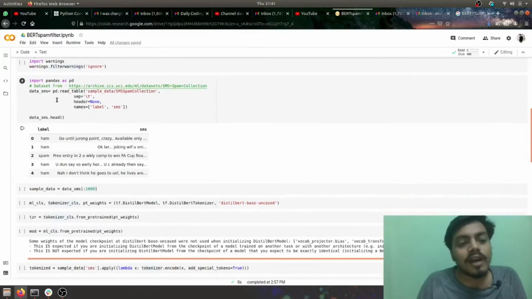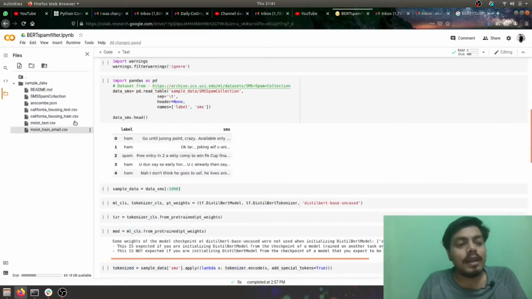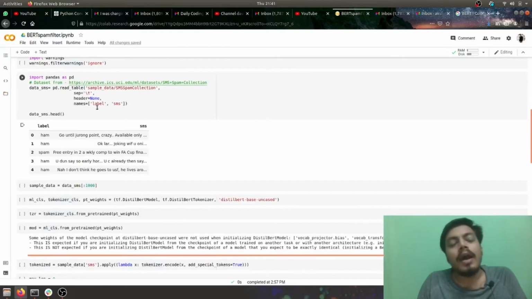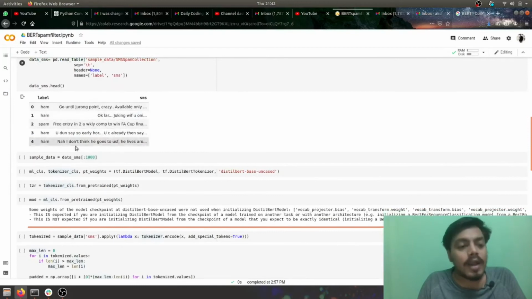Okay, so I have first of all loaded the data set on Google Colab, and then I'm reading the table, and this is how my data appears. Ham stands for normal SMS and spam stands for fishy and dicey SMS.